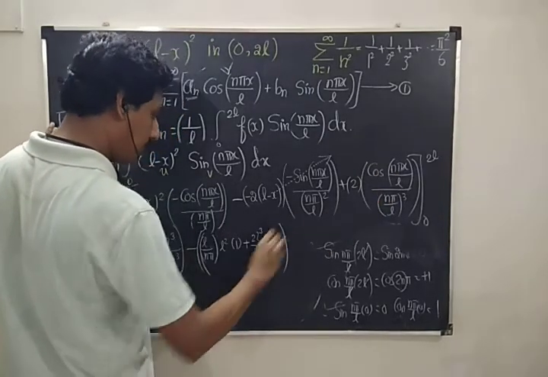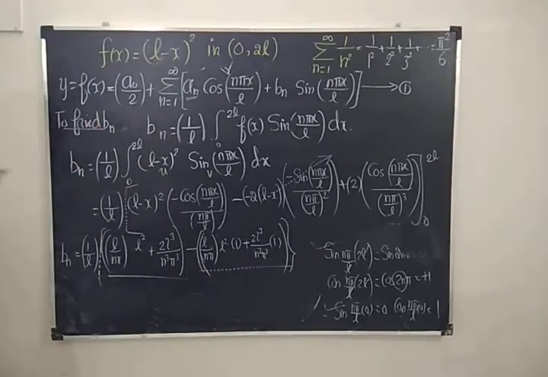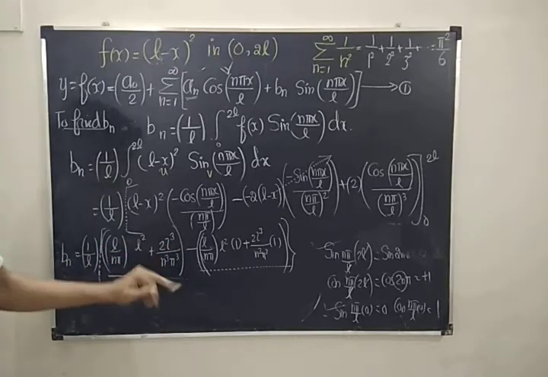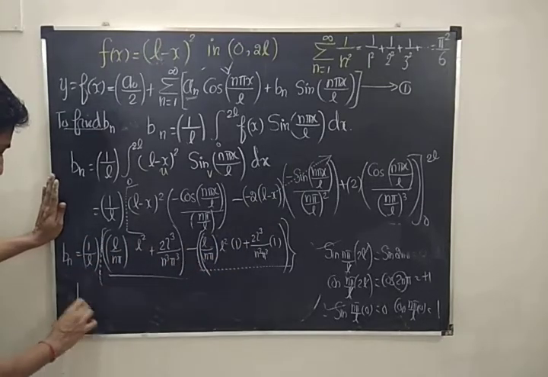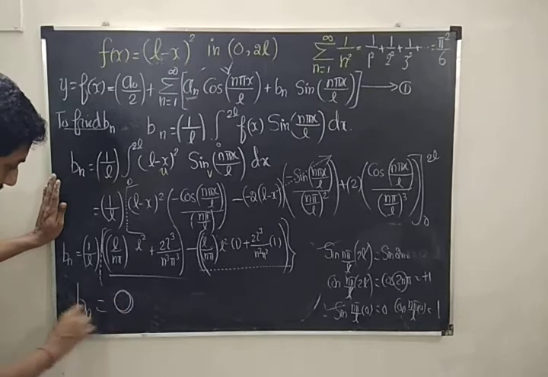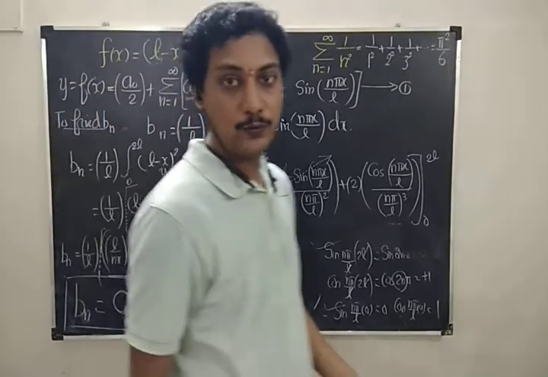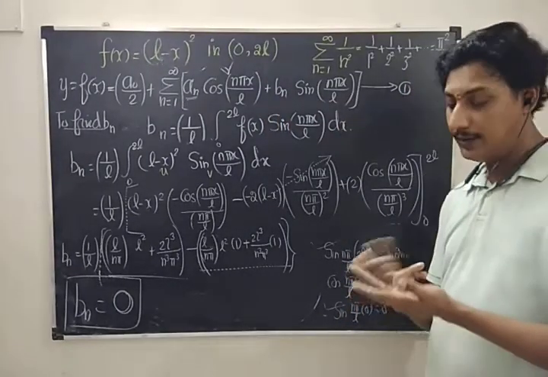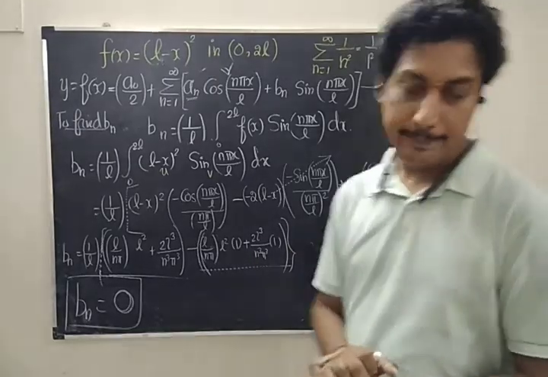So this is the upper limit value. This is the lower limit value. I think both are the same, right? L squared into L by n pi, L cubed by n cubed plus 2 L cubed by n cubed pi cubed, minus L cubed by n cubed plus 2 L cubed by n cubed. I think these two are the similar values, so that is 0. So we get Bn is 0. Isn't it? So we found A naught, An, now Bn. Unfortunately, Bn is 0.